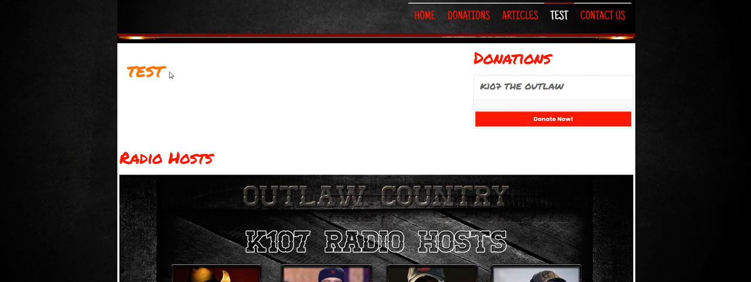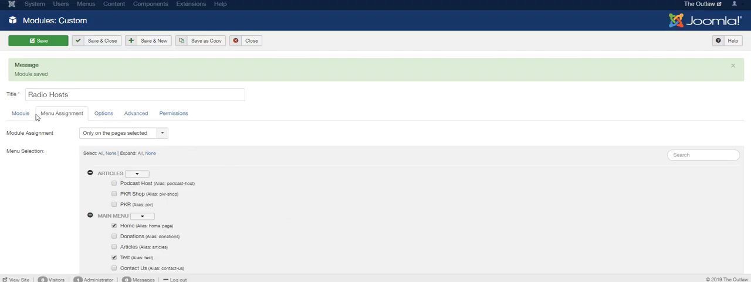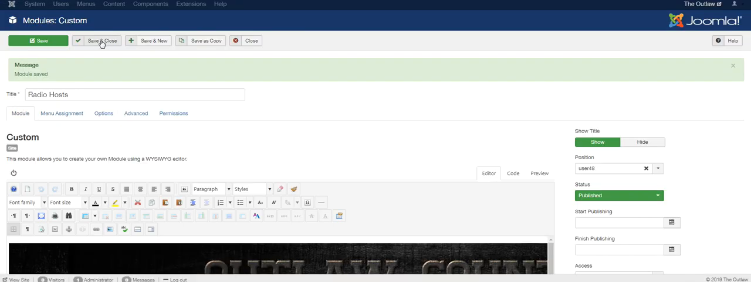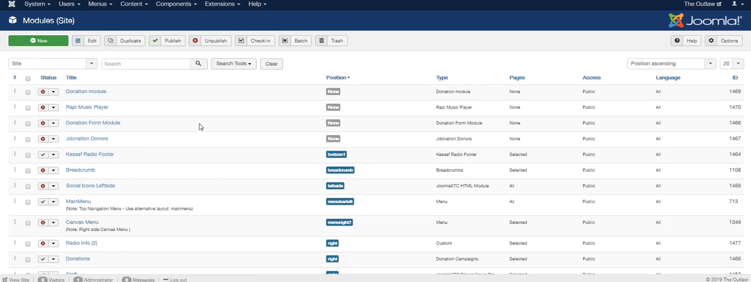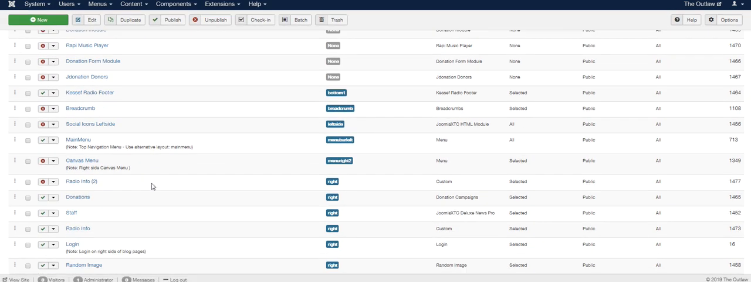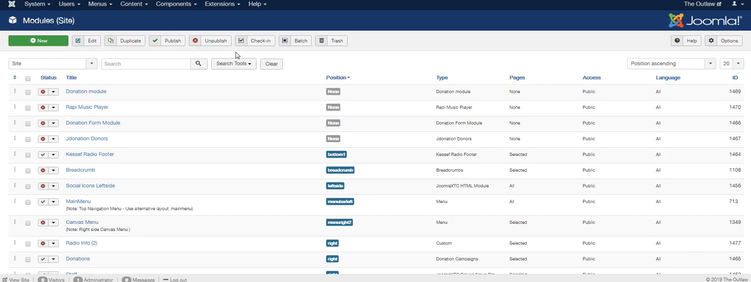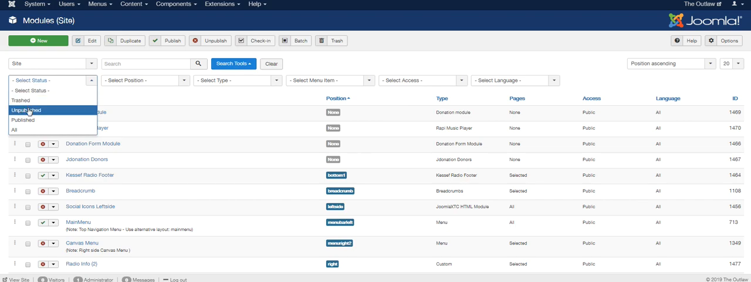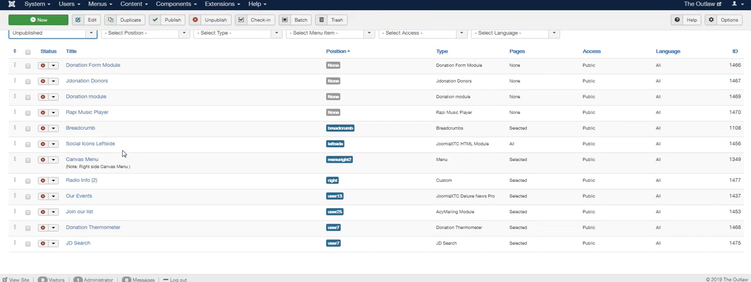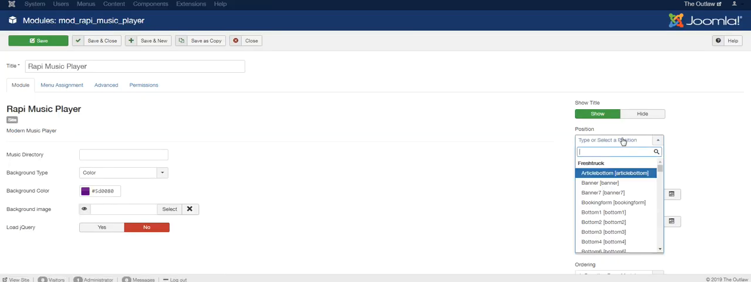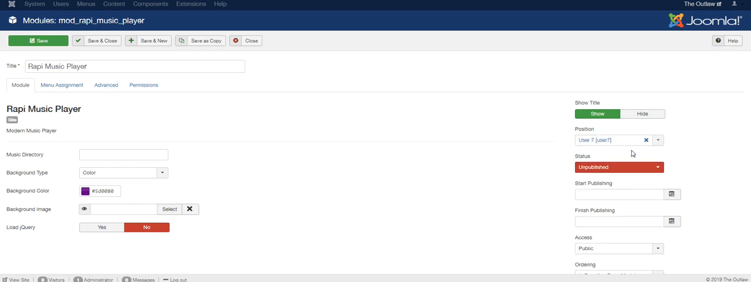You know, if you want to add content over here, then what you would do is let me find a module that's shut down. Let me click my search, unpublish. About that music player, we'll take that and put it in user 7 position. Go ahead and publish this,